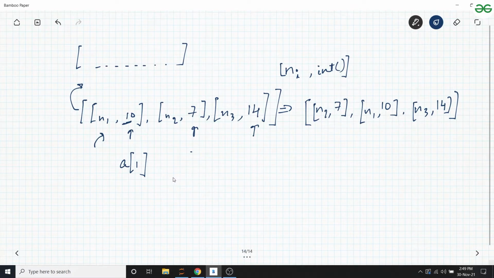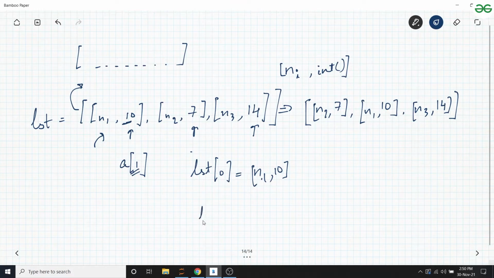So then we tell it that, okay, the integer will always be at the first index of the nested list. As you can see, if I take any particular element, let's say this list is LST, so list of 0 is equal to n1 comma 10, right? And if we access list of 0 and then the first element of list of 0, we'd get 10, right?